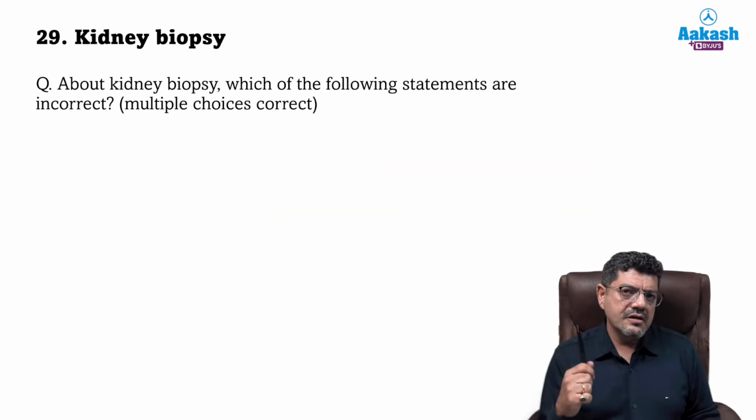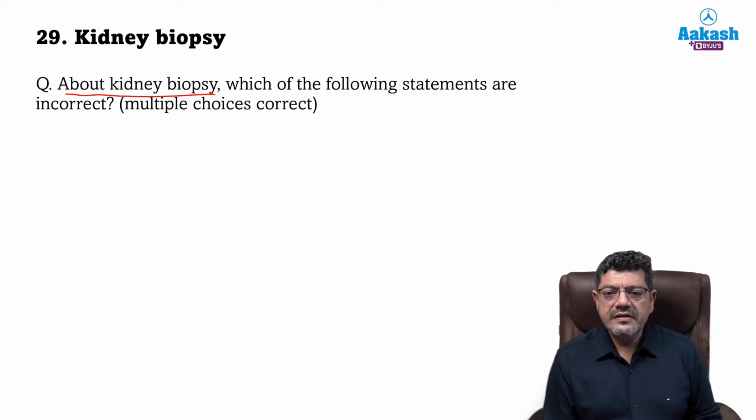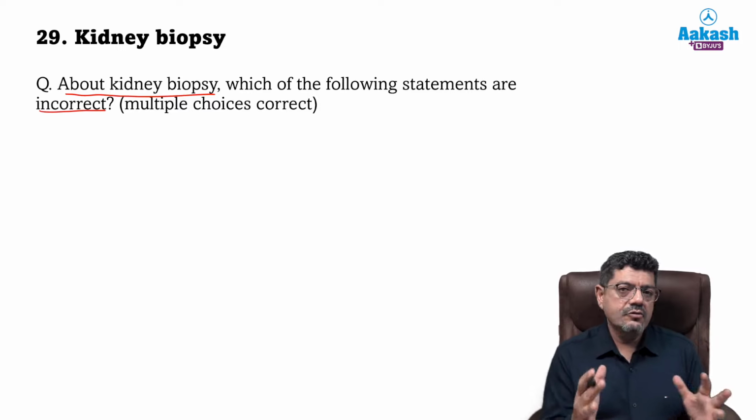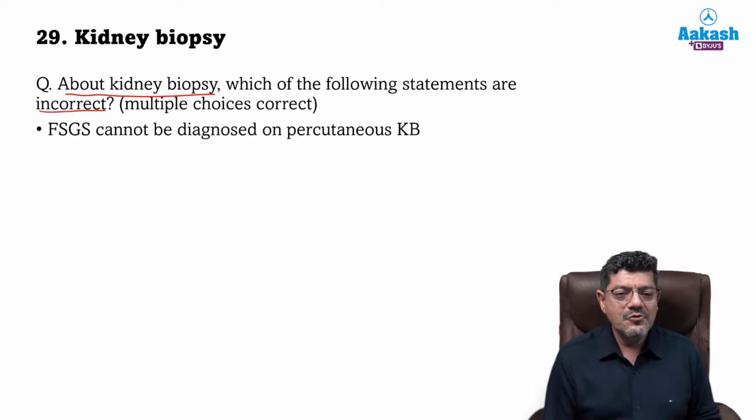Then there was a question on kidney biopsy. They asked which of the following statements is incorrect, and there were multiple choices that were correct. So incorrect, correct. I hope that's not an oxymoron for you. They had said FSGS cannot be diagnosed on percutaneous biopsy. It cannot be diagnosed on a superficial biopsy,